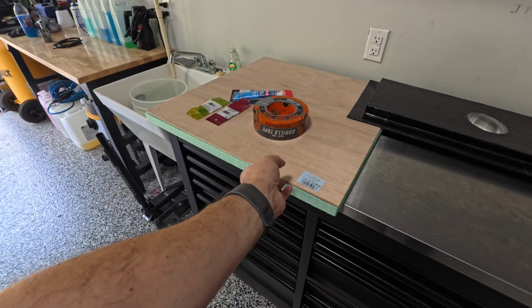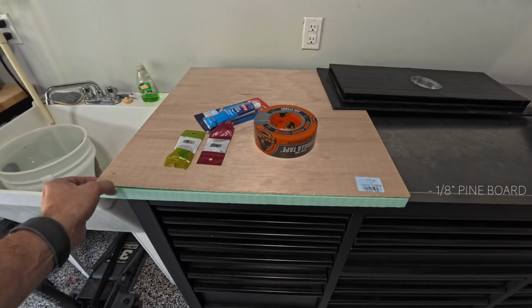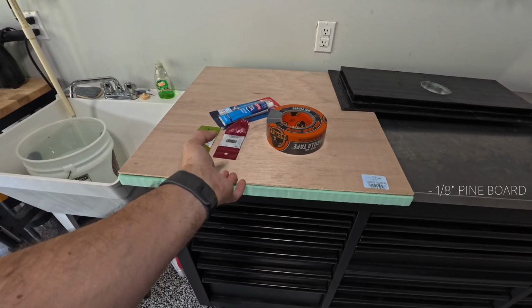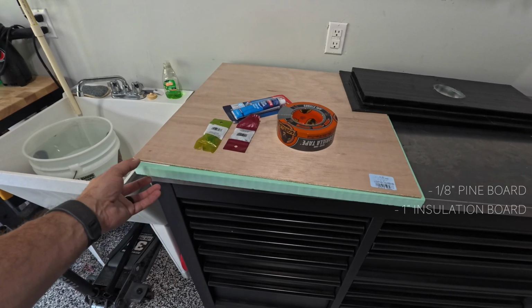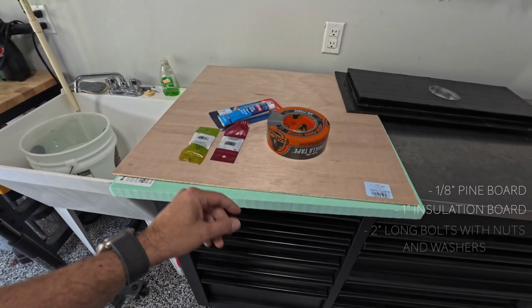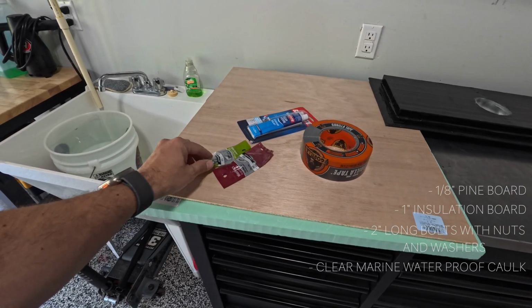On this, we could see it bare, what we actually use to make those panelings. Again, 1/8 of an inch board. Doesn't really matter the material, but I believe this is pine. 1 inch thick insulation board. In Brandon's case, we're gonna be using some